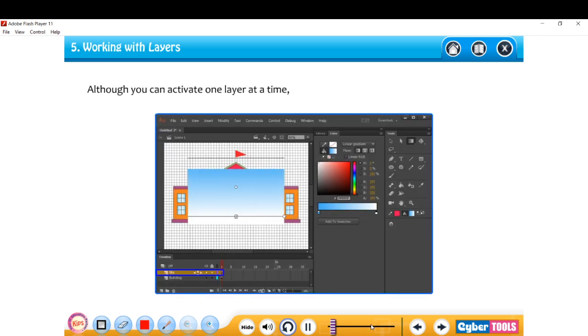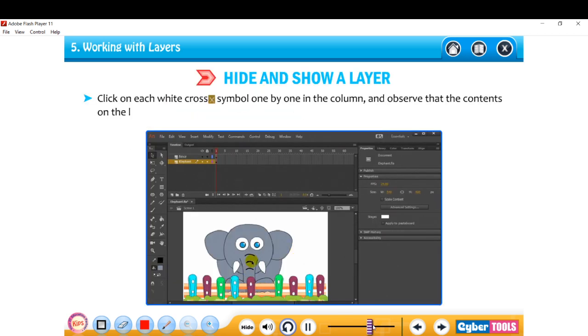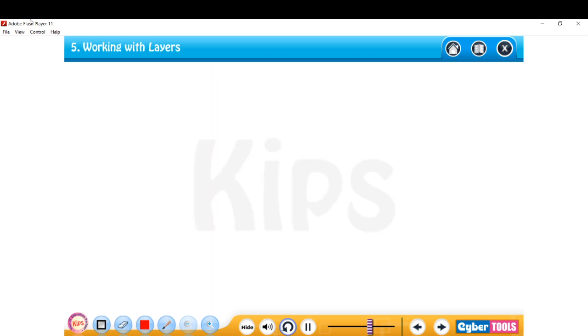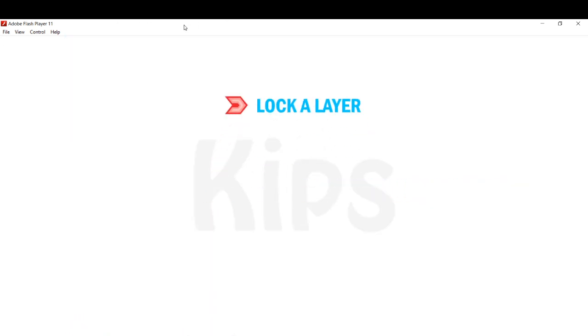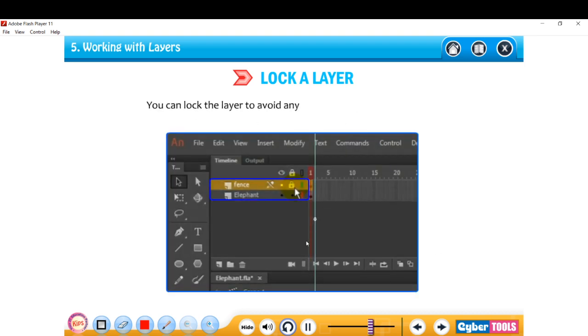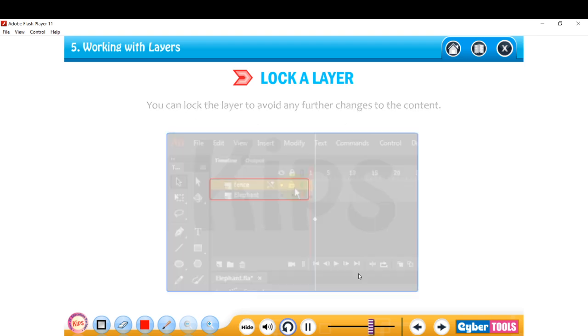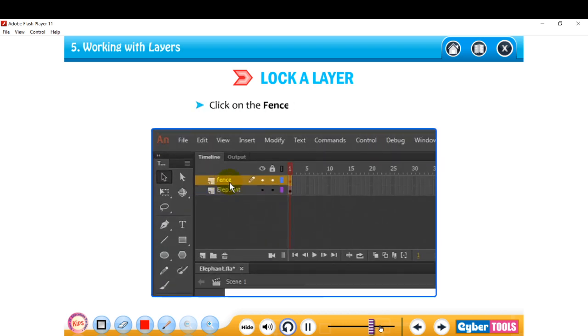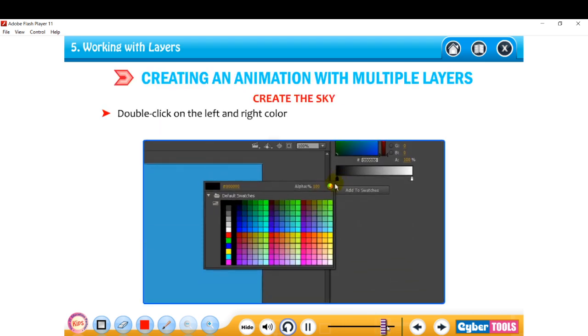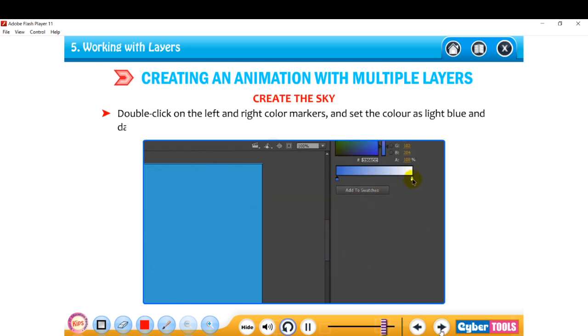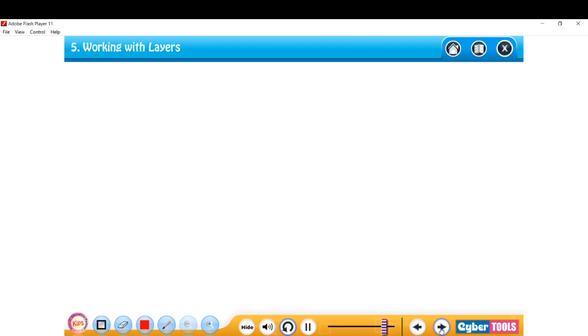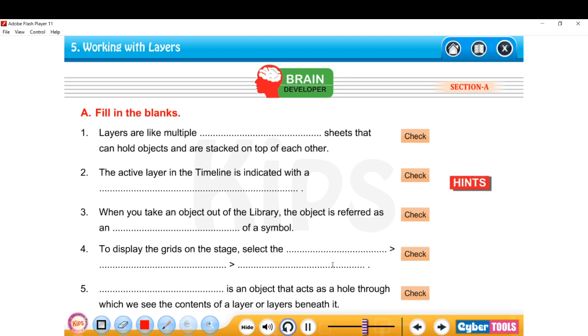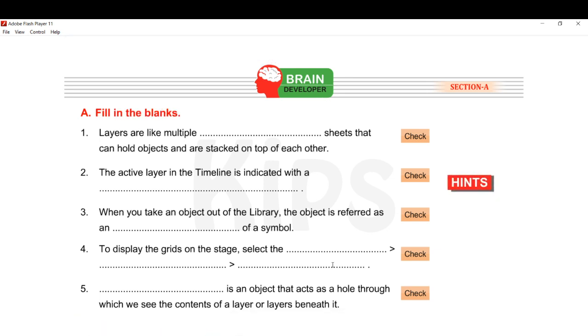But right now maybe the class will be over, so I'm not able to clear it. This is the Flash file which is running on your screen, and if you want I can send it to you also. Maybe it is not too big, but it's not easy to send, so let me see how I can send it to you. Okay, now in the onion skin tool the faint ghost image of the previous frame will be seen, so that we can adjust our layer. So this is also an important feature.